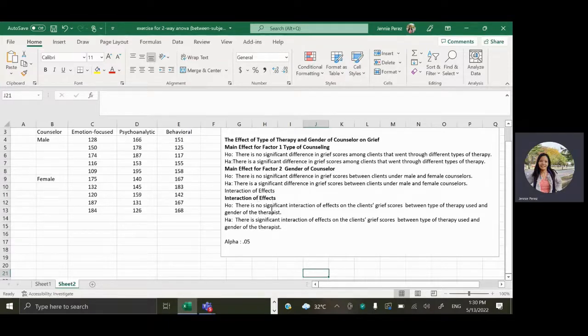Then we have another set of hypotheses for the interaction of effects. The null hypothesis would say that there is no significant interaction of effects on the client's grief scores between type of therapy used and gender of the therapist. And the alternative hypothesis would say that there is a significant interaction of effects on the client's grief scores between type of therapy used and gender of the therapist. Okay, so we set our alpha at